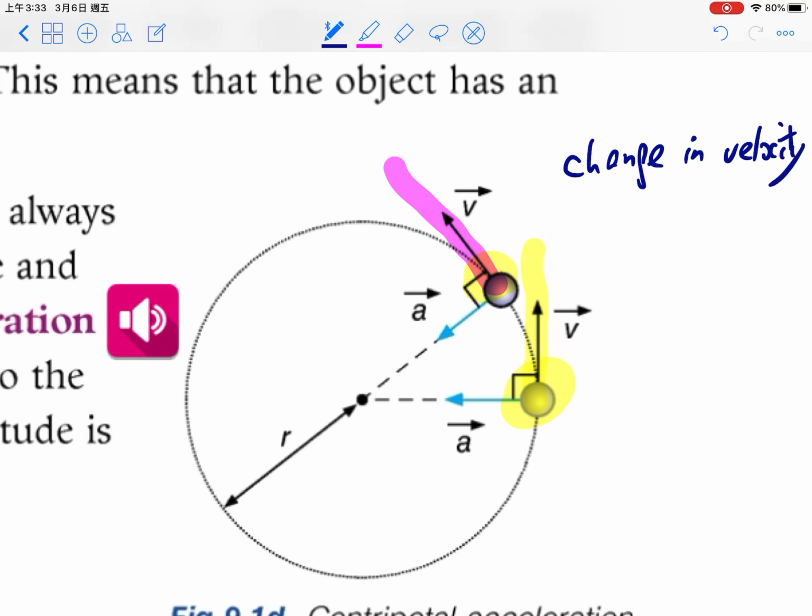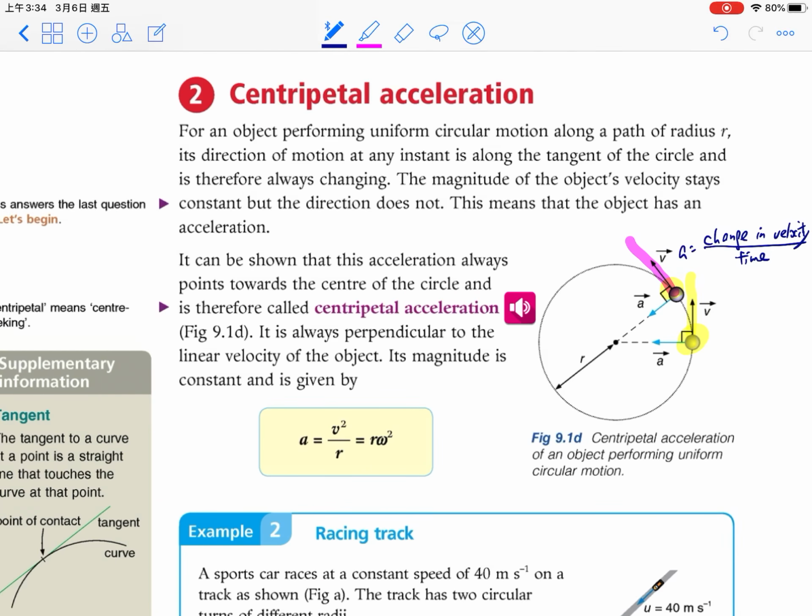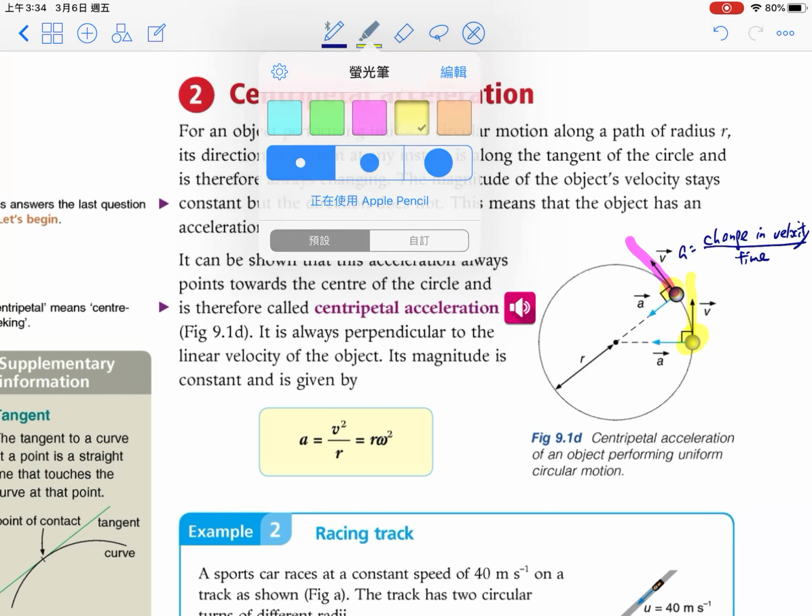Velocity is a vector. If there is a change in direction, there will be a change in velocity. And for the acceleration, the definition is change in velocity over time required. So if there is a change in velocity, that means we have acceleration. So we have acceleration if the object is moving in a circle. This acceleration is called